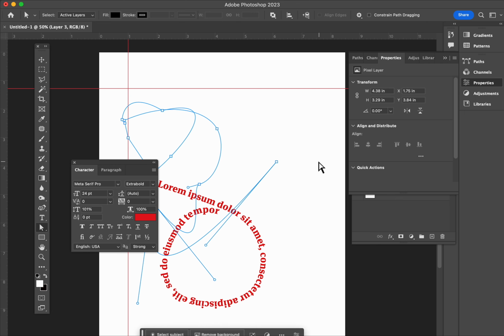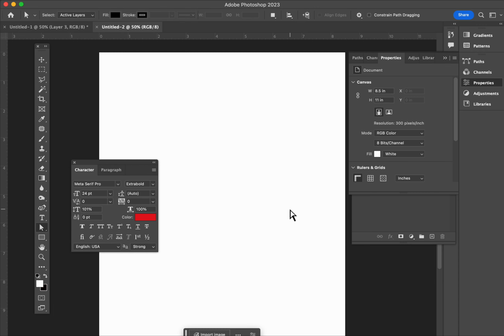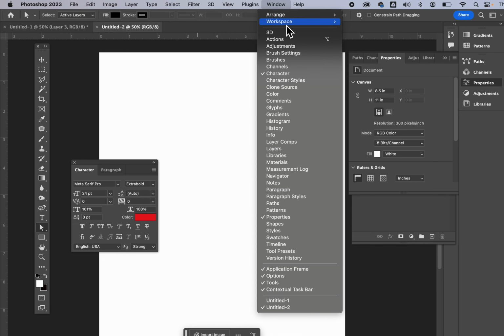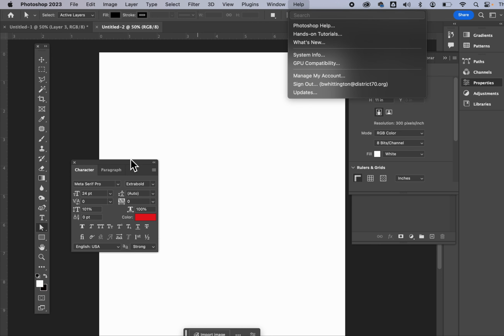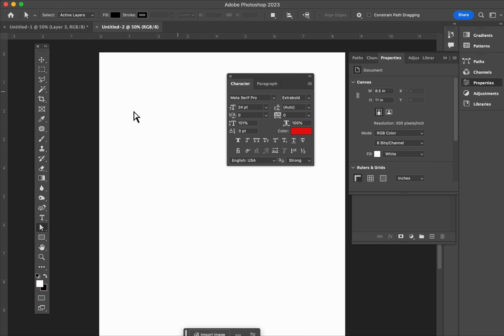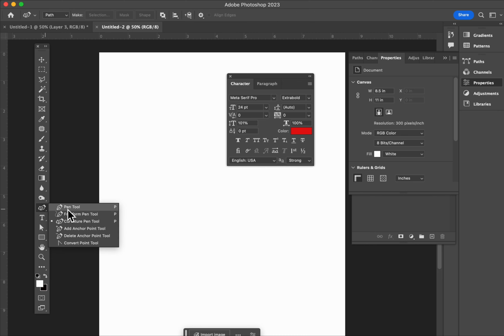All right, so I'm going to get rid of my clutter. I'm going to Command N and create a new workspace. And I am currently in my personal favorite workspace, which has all my tools where I want them. So the pen tool is located here on your toolbar. Just like all those other tools, if you click in the bottom right, you get the whole